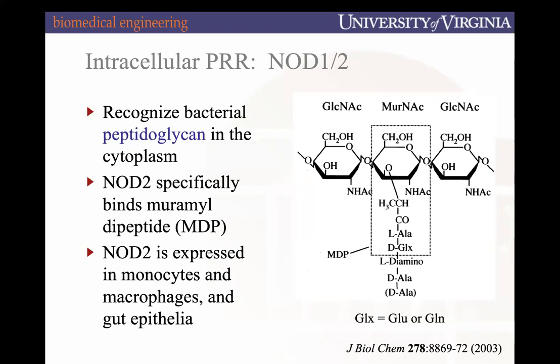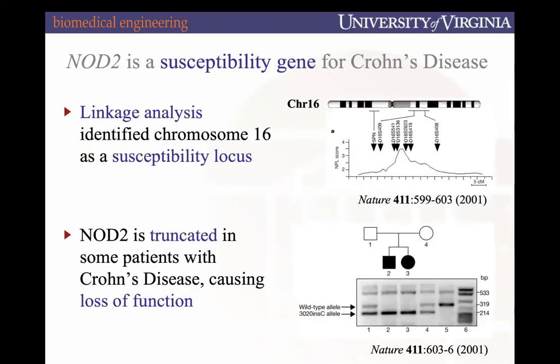But what's really interesting is that NOD2 is what's been implicated within Crohn's disease. NOD2 is what's called a susceptibility gene. It means that it's a gene that's been determined to have certain mutations that can raise the likelihood of an individual developing the disease. And what's really fascinating is that back in 2001,